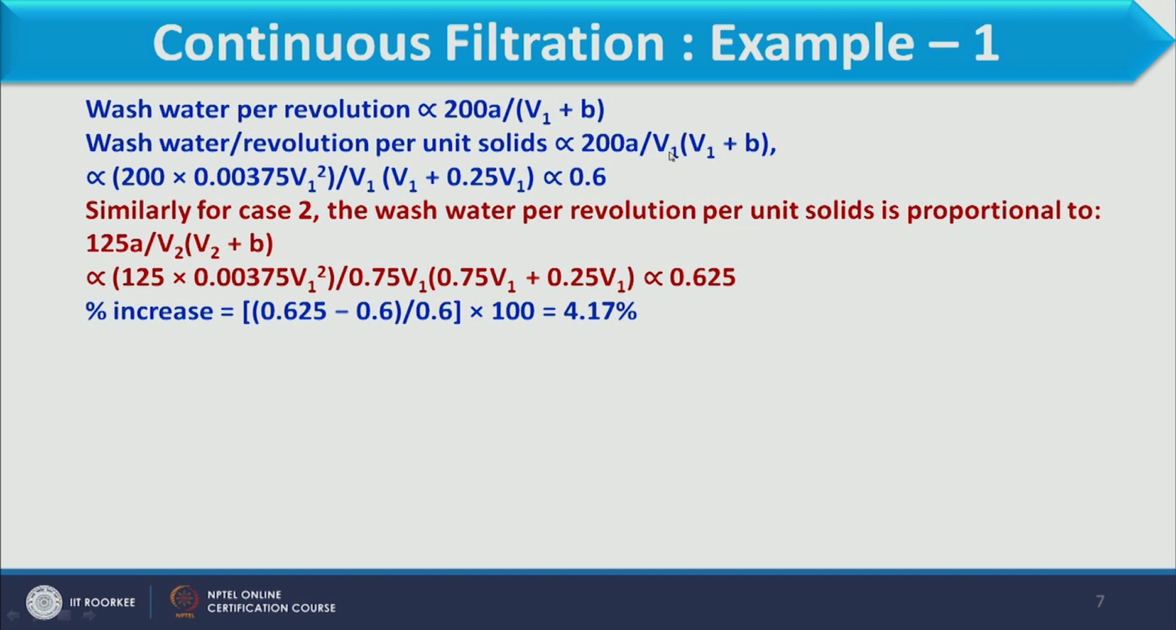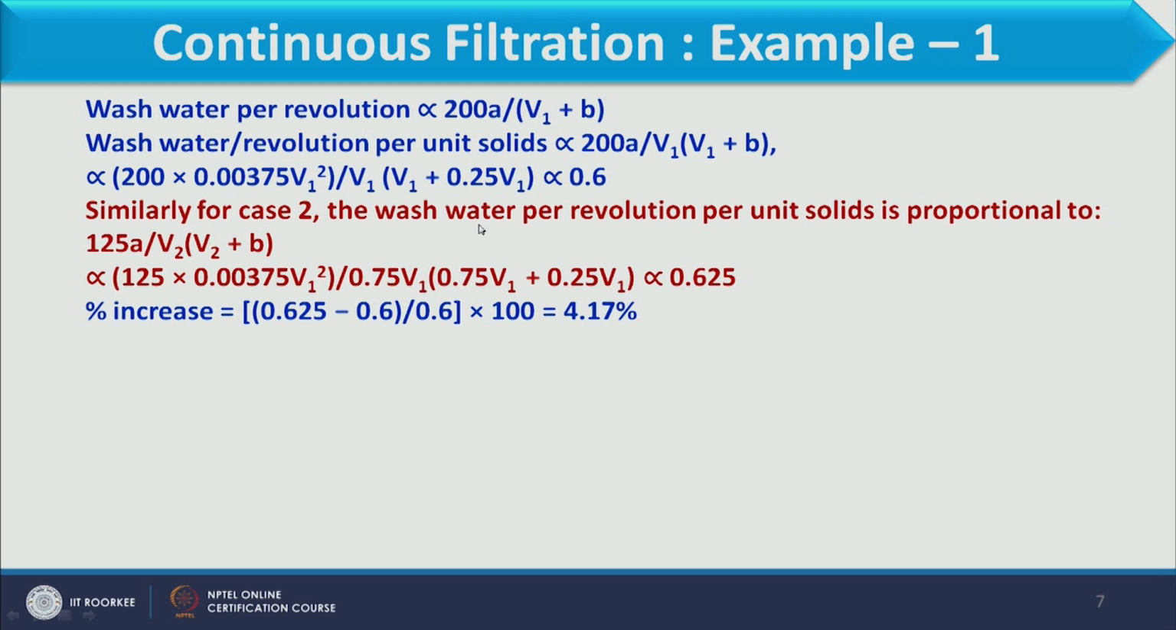Therefore, we can use this per unit volume instead of per unit kg of solid. So, this is proportional to 200 into, we can put the value of A which we have seen in the last slide, and we can put the value of B also. After solving this particular expression, we can say that wash water per revolution per unit solid is proportional to 0.6,